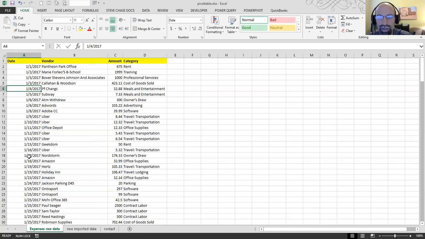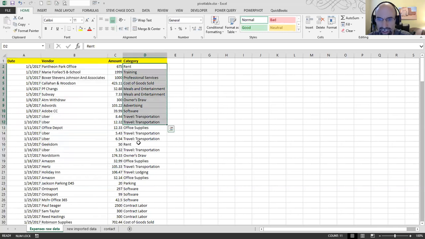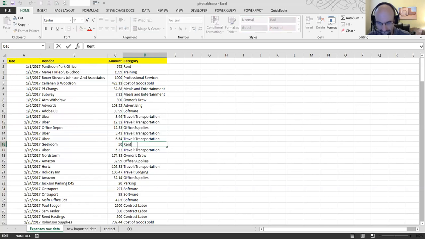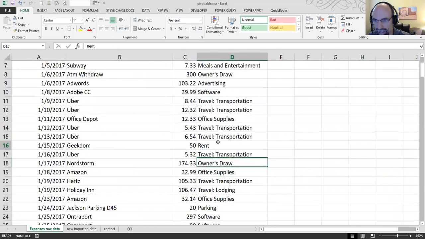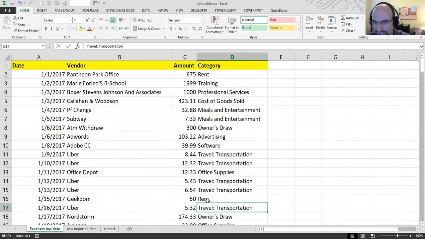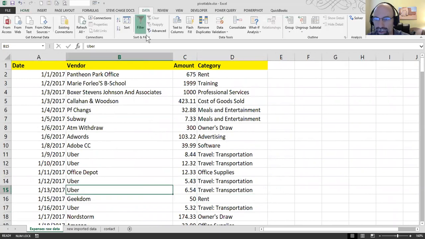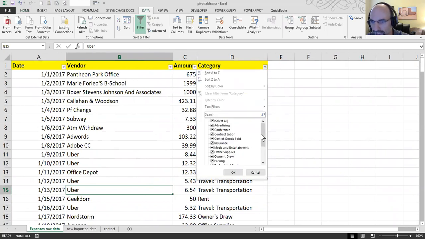Now, once you have your dates, the other thing you're going to think about is making sure that you're consistent with your text. In other words, you'd want to have the same spelling for your text and your categories. A big problem would be if you had a space in the rents here. If I were to show you how that's going to appear, I've got this here with some spaces off to the side. If I were to turn on my data filters here and try to sort the rents,